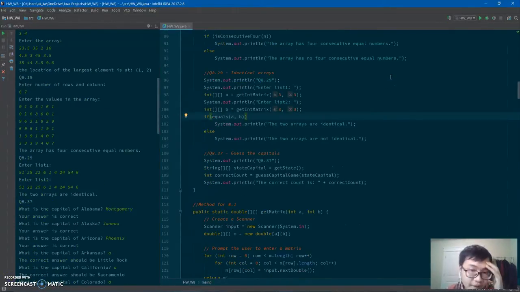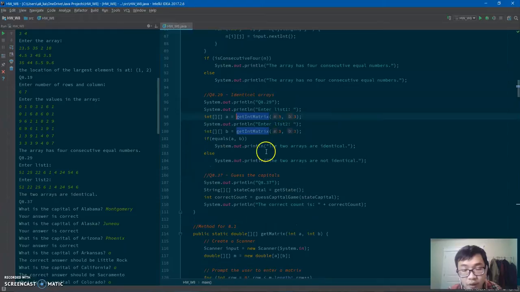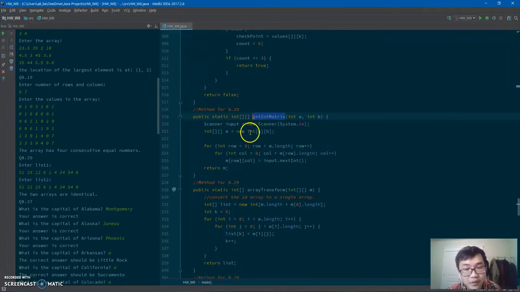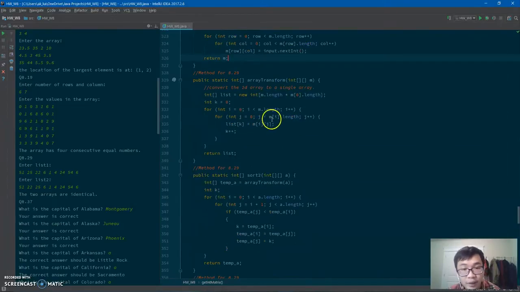So for number 29, I prompt the user to enter 2 lists using the get int matrix. Just like the get matrix, but this is integers, and yeah. So after getting the matrix, I compare the 2 matrices. But first I need to transform the matrix into an array for easier comparison. So I do it by creating an array named list, which has the length of the row and the column of the matrix. And then I use the double loop to run throughout the matrix, and